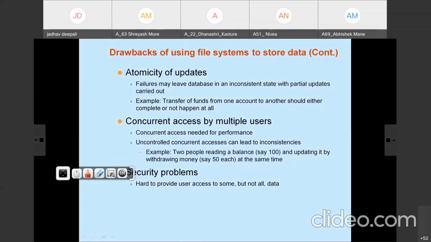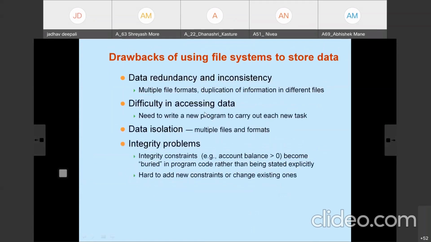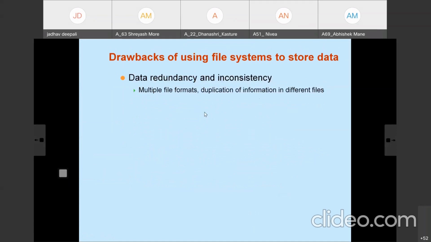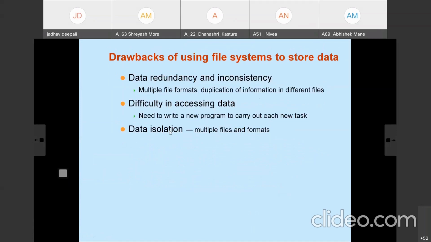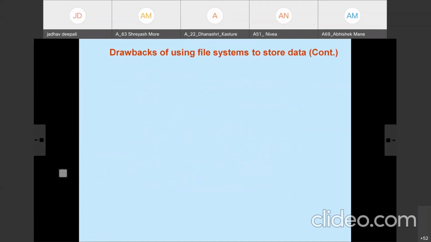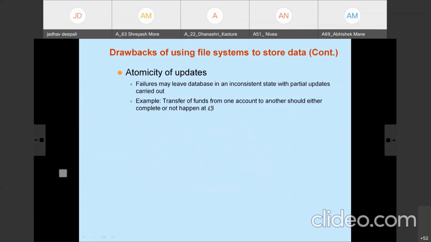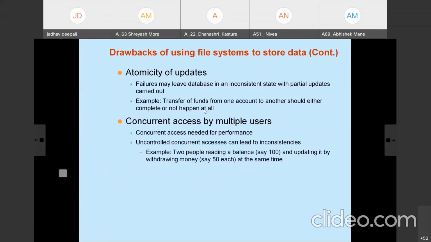Again, I repeat it in short. The drawbacks of the file processing system are: data redundancy and inconsistency, difficulty in accessing the data, data isolation, integrity problems, atomicity of updates, concurrent access by multiple users, and security problems. So these are the problems, or drawbacks, of using the file processing system, and all of these are covered in the database management